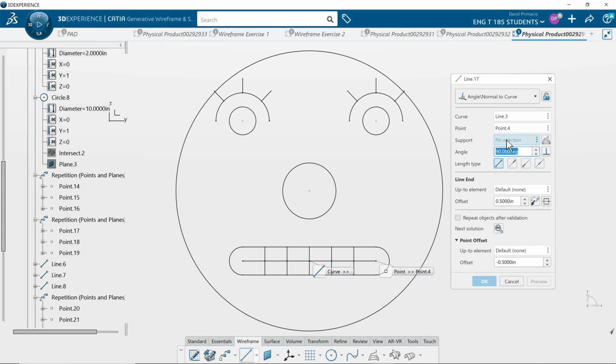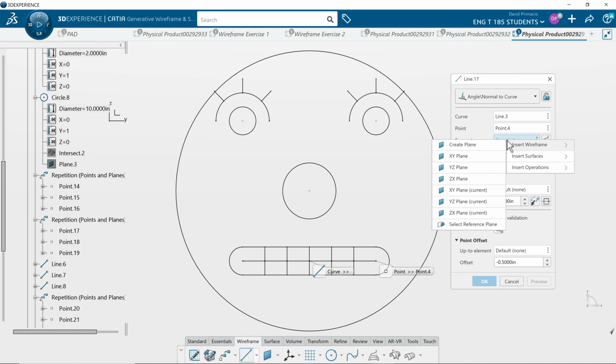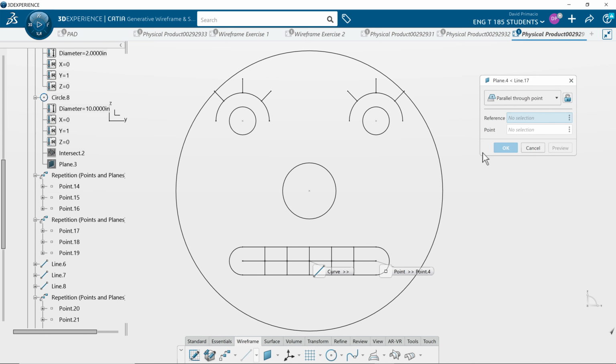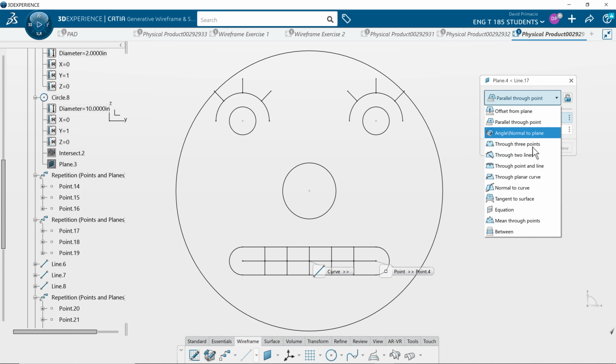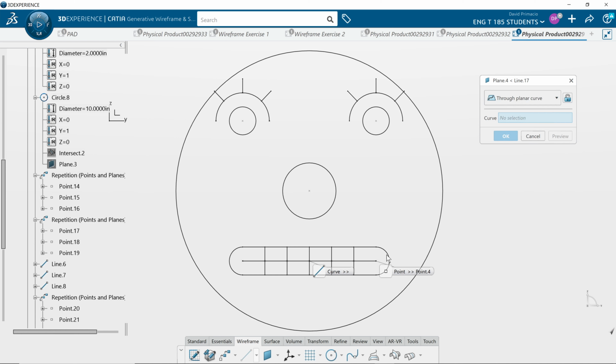I'm going to create a plane on the fly. So I'm going to do a right click, create a plane, and one I haven't shown you yet is plane through a planar curve. So all the circles on the screen are planar curves because they all reside on a 2D plane. So if I select planar curve, I can grab this arc right here,